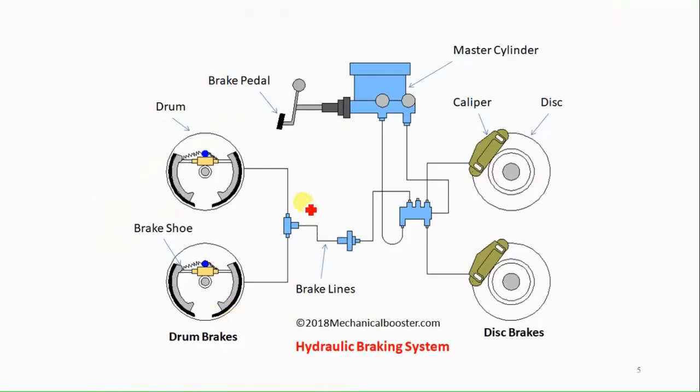Now this is a simplified diagram that shows how braking is basically applied. Here this is a brake drum, and this is the master cylinder, and this is the communicating valve, or the distribution valve. Here you can see there are two output sections of this master cylinder. Sometimes there is a single output section, called a single master cylinder, and here there are two output sections.